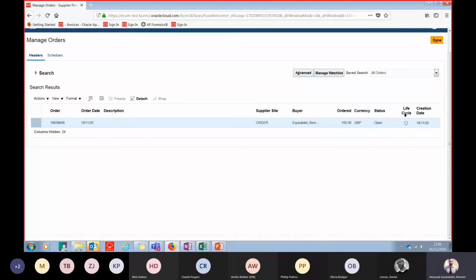but we stopped shy of actually the life cycle. So just to give you a demo, I'm just going to hover my mouse over the icon there, and you can see at a quick glance, the order was raised for £100, pending fulfillment £100, invoiced £100. Yeah, but if I wanted to see this PO in more detail, I can actually select this life cycle button. So if I click on it,